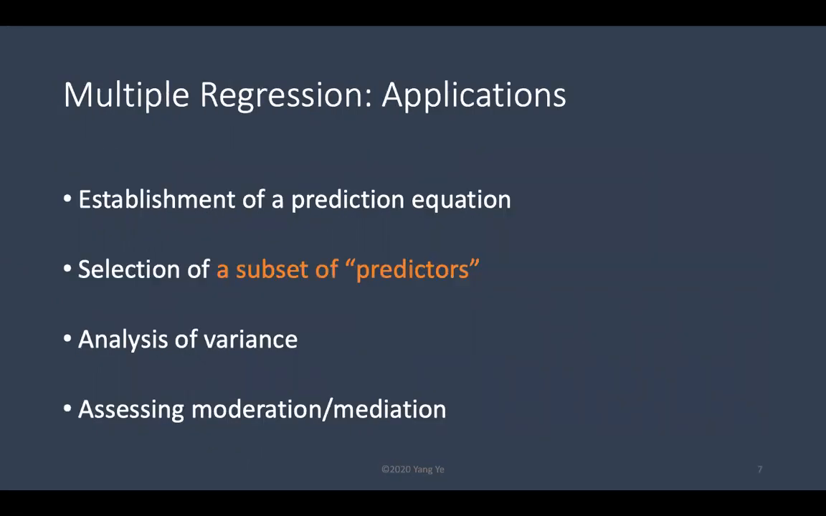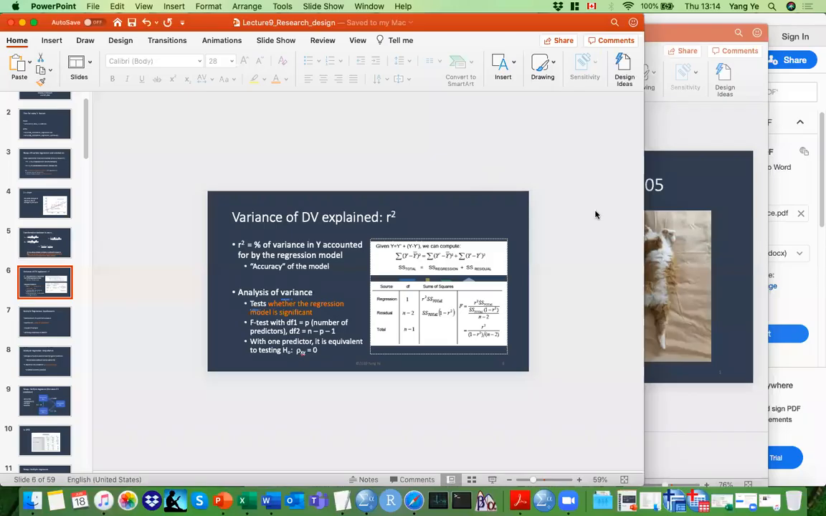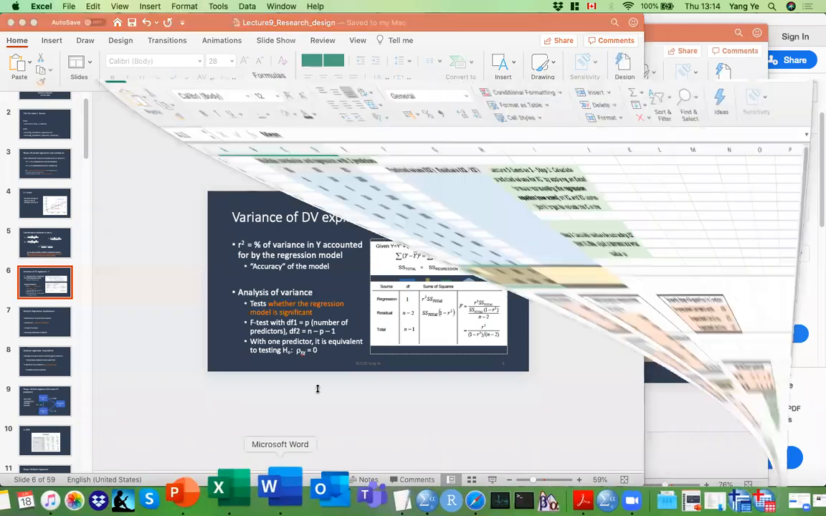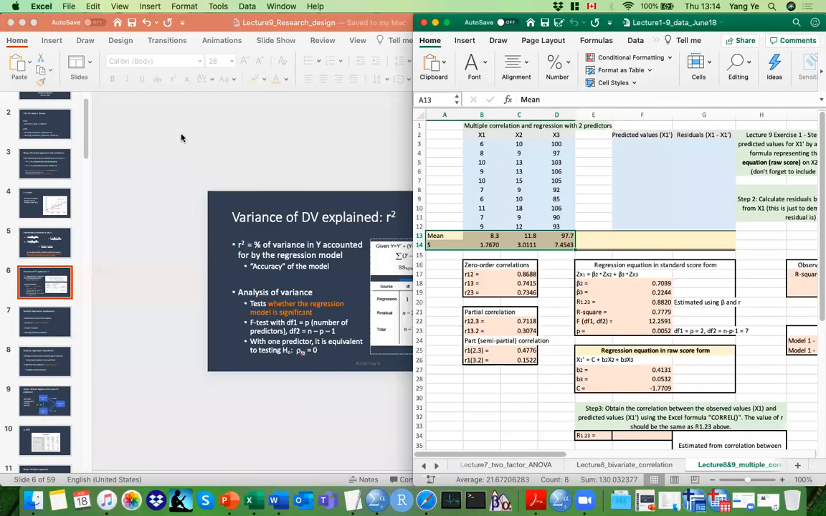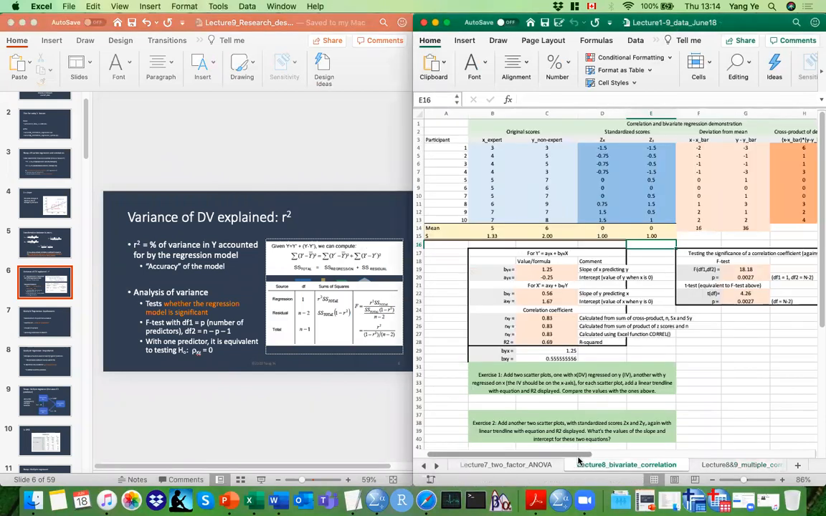And in Excel, we kind of demonstrated that. So let me just show you the Excel file from the previous lecture. So in the bivariate correlation section, you can see that I've done a